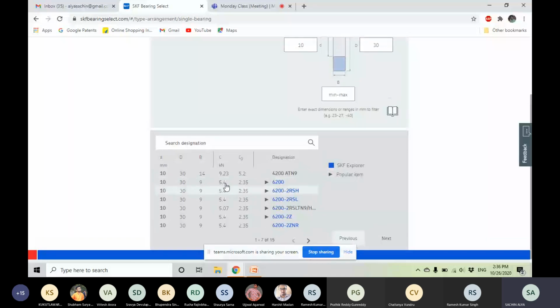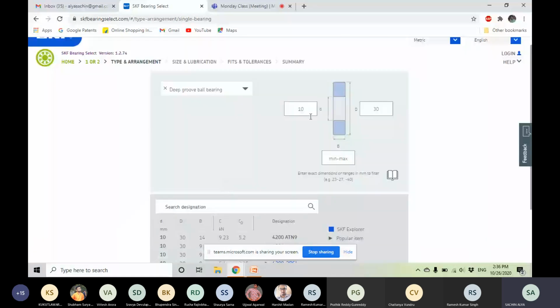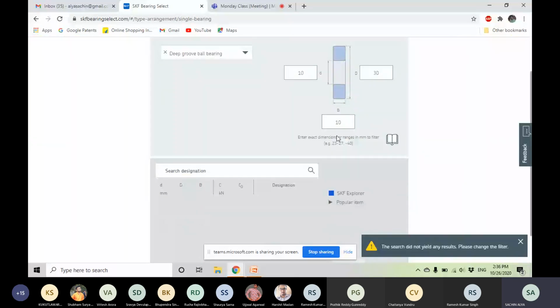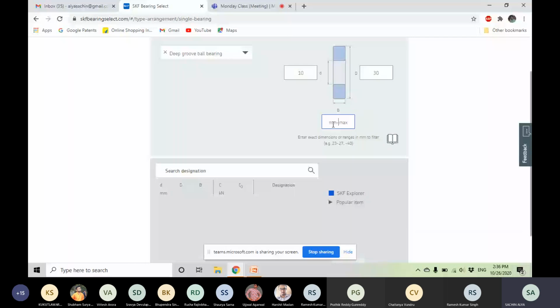So currently we have not defined the width of the bearing. This width of the bearing we have not defined. So we have defined 10 mm. So it again says that there is no bearing with these dimensions and this width. So we have to again revise this. Okay. So in another way, what we can do is we can just define the ranges.